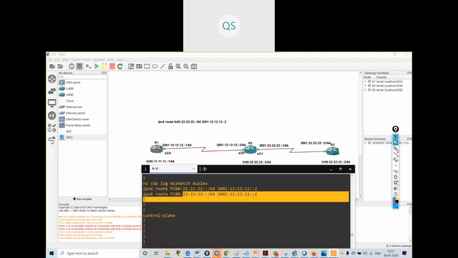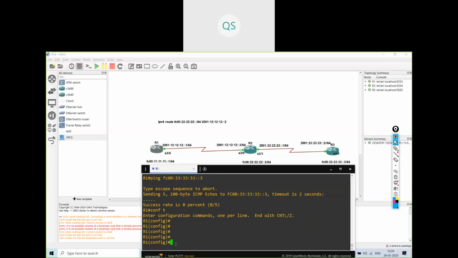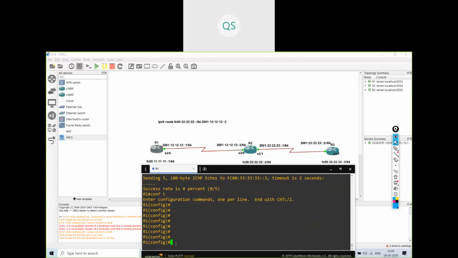I have given the route statement over here, so why is it not pinging? So what I will do is remove the configuration.